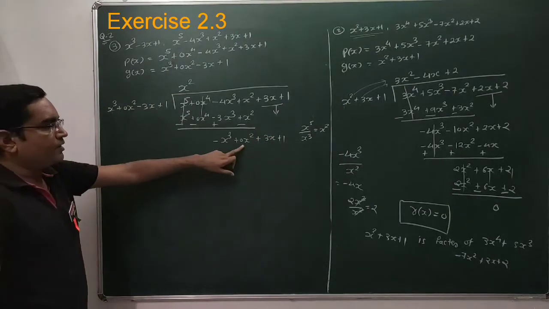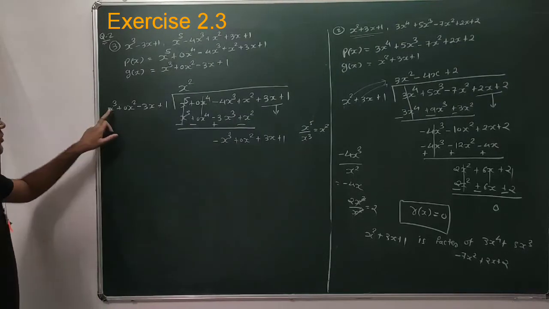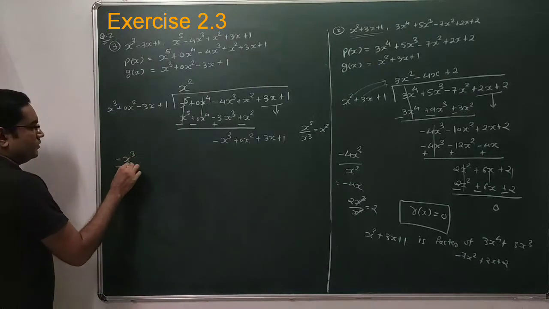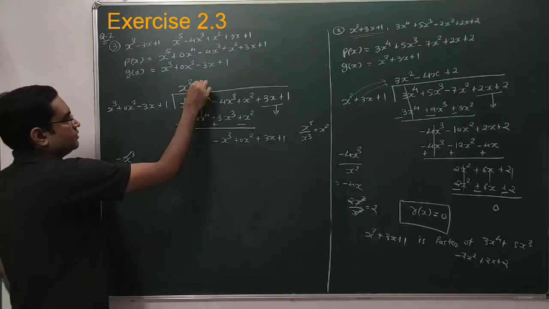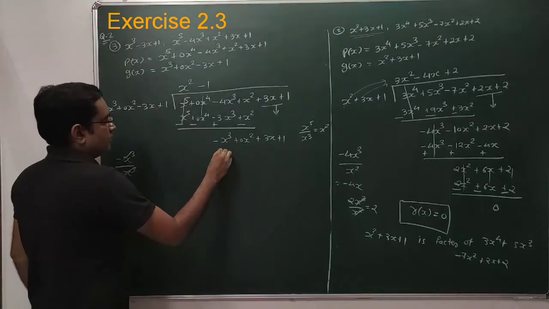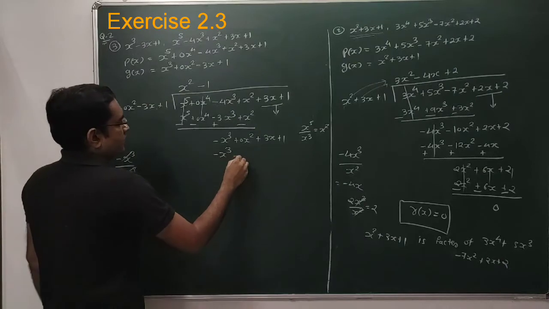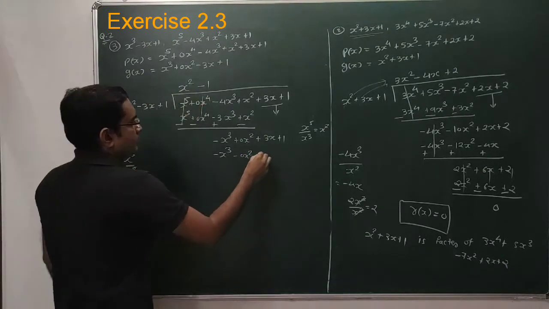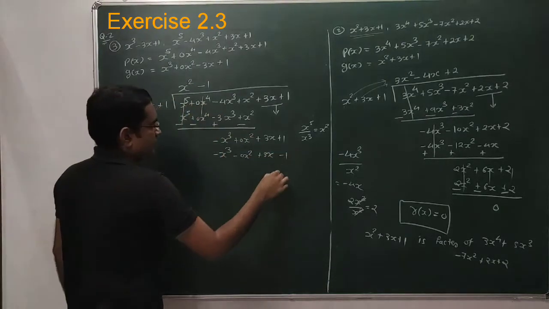Done? बीच में एक भी term missing हो रही है, उसको 0 coefficient करके लिखो. So now again it's a minus x cube and x cube. So what is the long division of minus x cube and x cube? X cube will be cut. It's a minus 1. So this is minus 1. So x cube into minus 1, which is minus x cube. 0x square into minus 1, so it's a minus 0x square. Minus 3x into minus 1, so it's a plus 3x. 1 into minus 1. It's a minus 1.